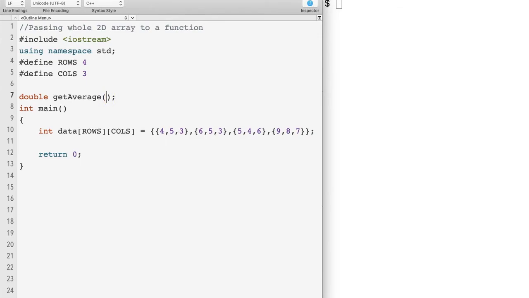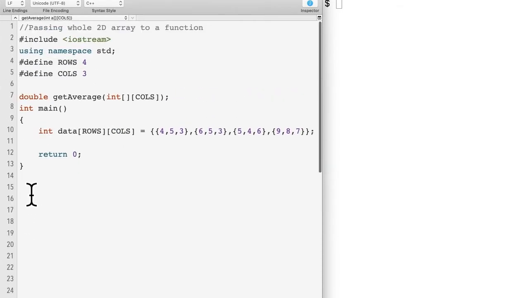The parameter is the 2D array, so we have an integer array, and we need to specify the columns here. Special case: row is not compulsory, but column is compulsory. You need to specify the columns number in the function prototype.